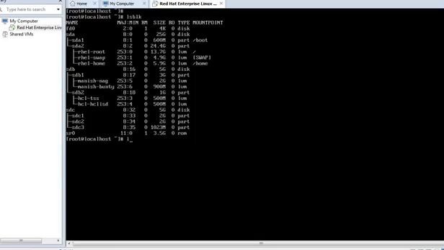Okay, so lvcreate -L. Suppose I'm going to create 1 GB, and then provide a name, and then the volume group name ABC.